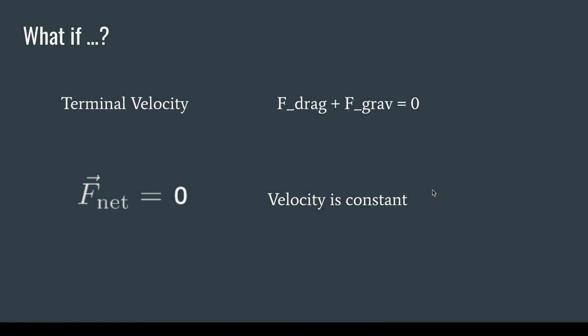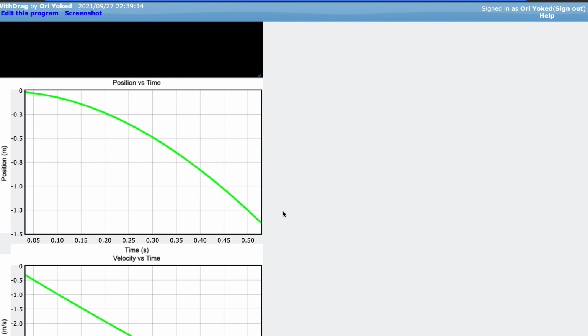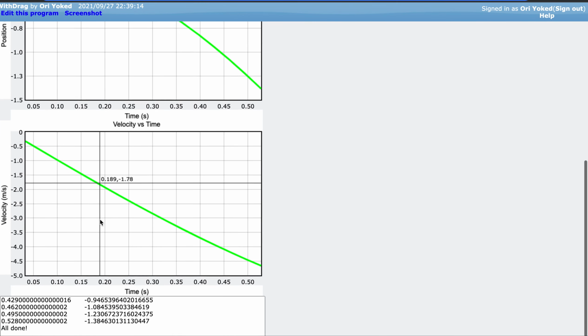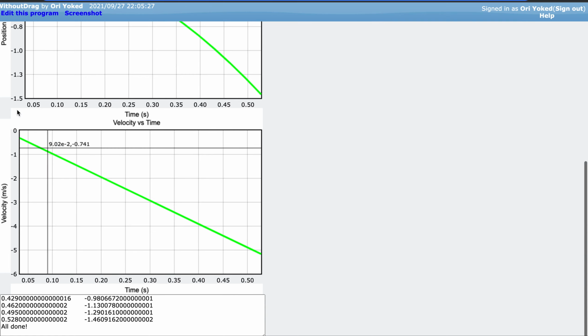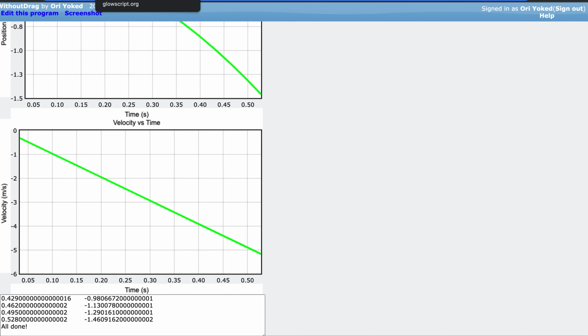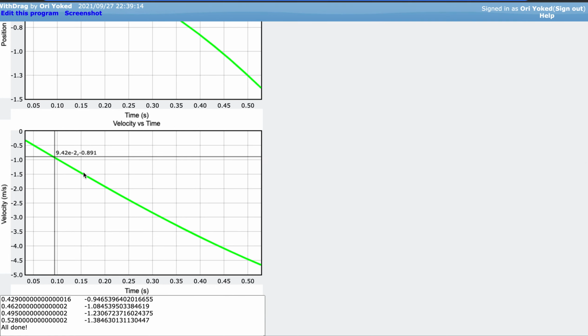And so can we tell the terminal velocity from the models? Terminal velocity is when the net force is 0, so the drag force and the gravitational force would cancel out, and the velocity would be constant. We can see here that the velocity is not constant because the velocity is going down. It's not in a straight line, and neither with the other model. So we can't see the terminal velocity here, but we could predict it by seeing when it would start